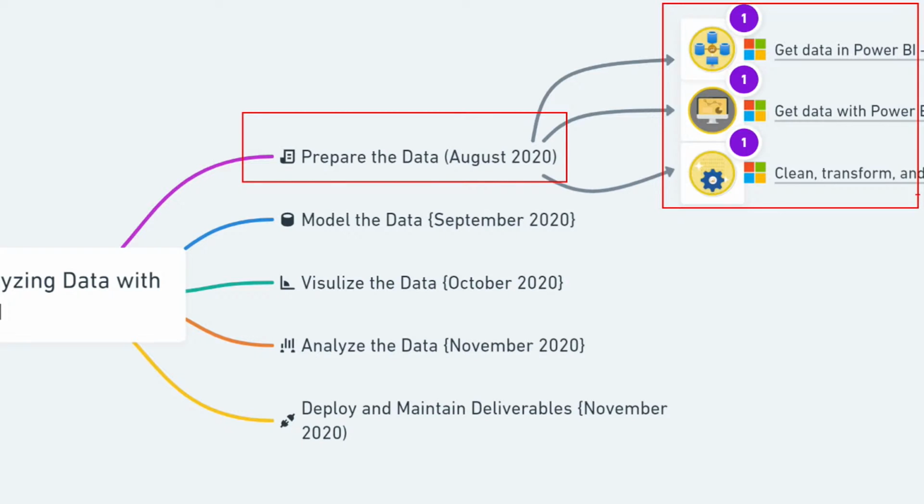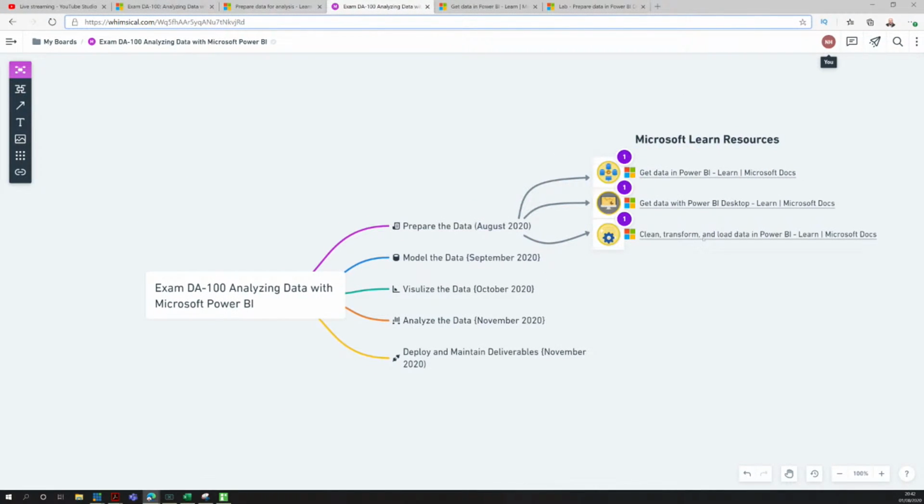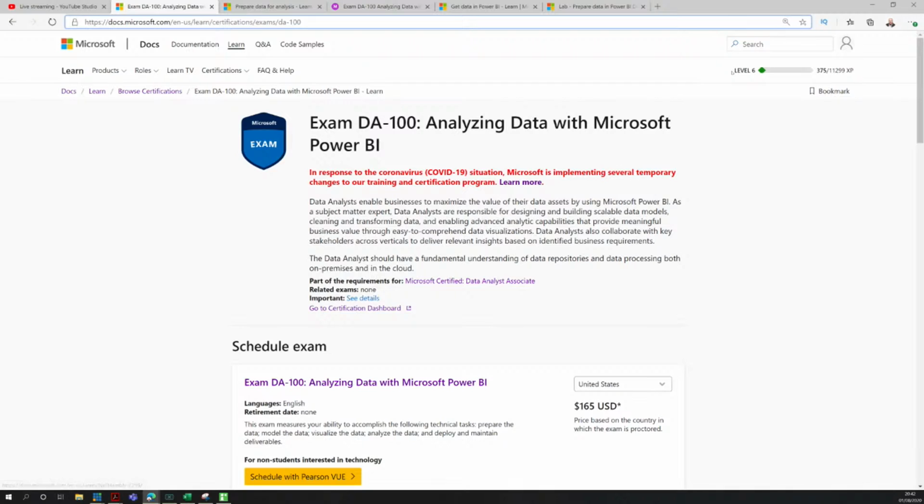But if you are not looking to pay for any instruction and you want to do self-paced learning, over the next 4 months we're going to provide content for you on a 3 times a week basis. So we're going to start with prepare the data. Let's go and actually look at what that is really all about. So what I'm going to do is start at the high level exam DA-100 certification page. If you want to go to that, just look for exam DA-100, and